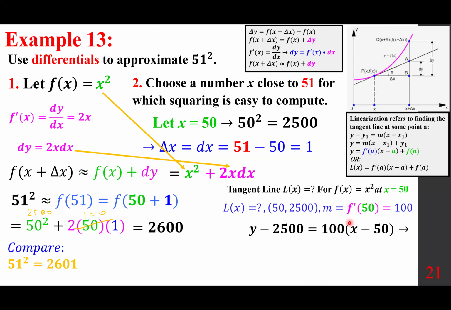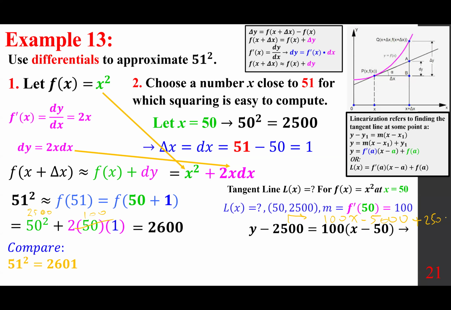This becomes 100x. This becomes minus 5,000. You move this one. So I want to make sure that everybody understands what's going on here. So we are looking at 100x here. Minus 5 with 3 zeros. Now when you move that, becomes